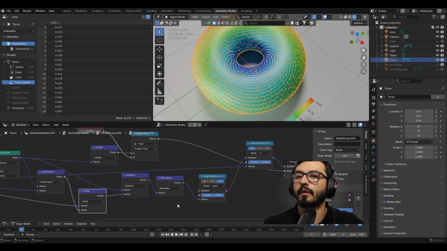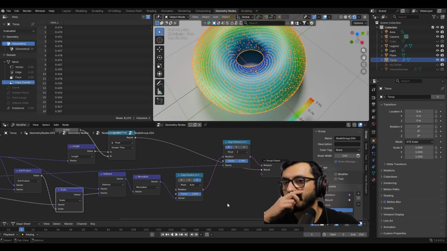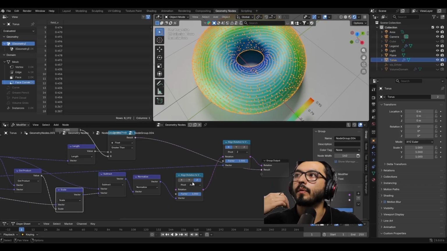This will be the vector along the tangent. So our new glyphs we will rotate along the x-axis. We will orient this vector,